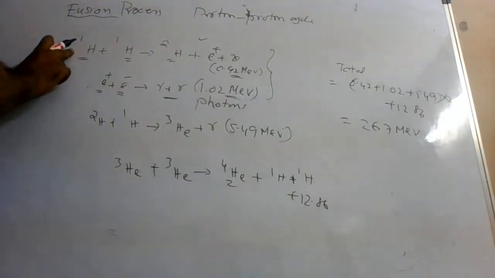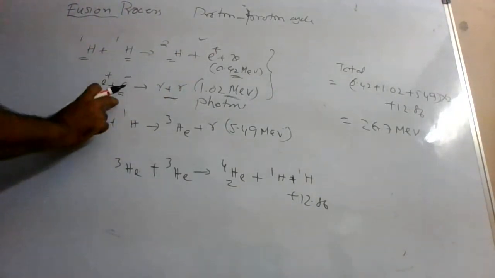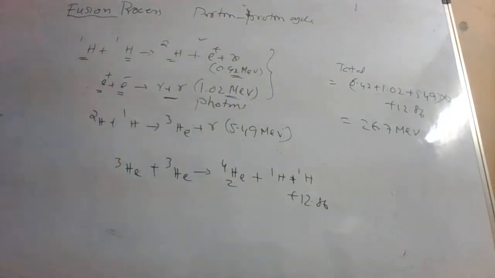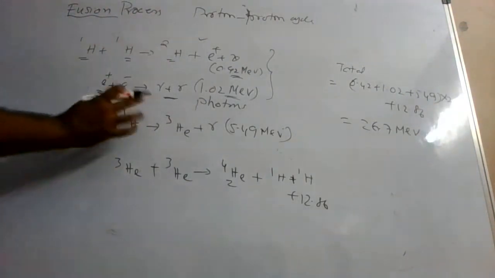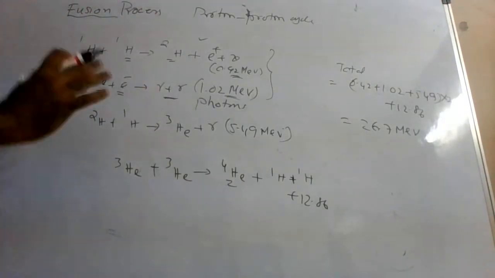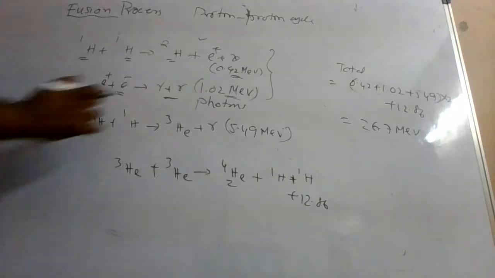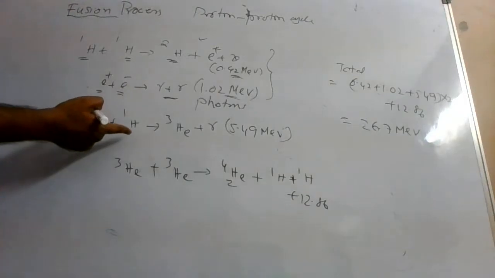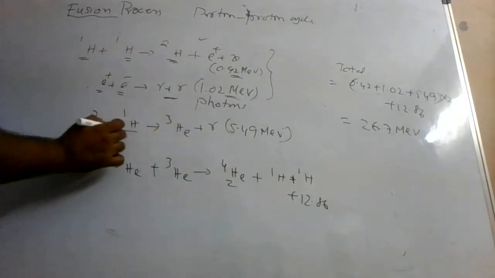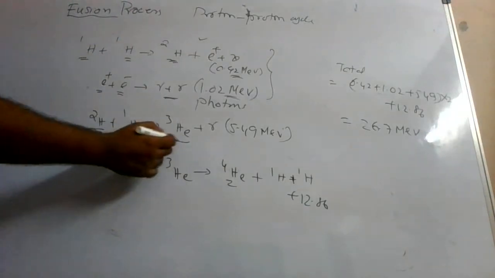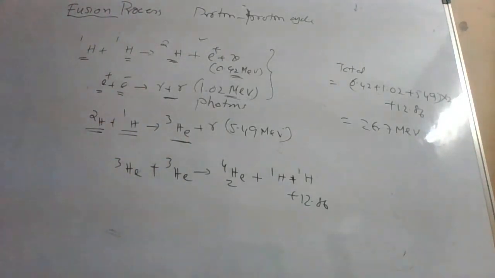First the positron is created, the positron immediately mixes with an electron, and in this process two gamma rays are emitted. The positron is neutralized by an electron: positive charge, negative charge, now net charge 0. Now in this process this is created. Take that and add, it fuses with another proton. 1H1 means it fuses with another proton, and in that process an isotope of helium, helium 3, is created.